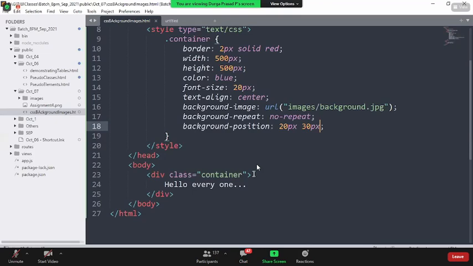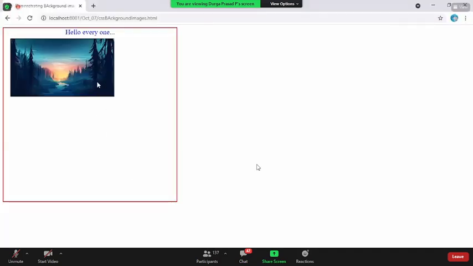So these properties are part of CSS2. Now, if you ask me a question, boss, can I control the size of the background image? I want to make the background image occupy 100% width and 100% height. No, it is not possible in CSS2. I'm talking about CSS2. If you ask me, can I add multiple images in here? No, not in CSS2. Can I control the position of the background image, like to the center, or move it to the left or top corner? No, not in CSS2.